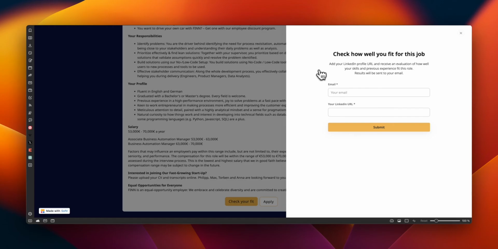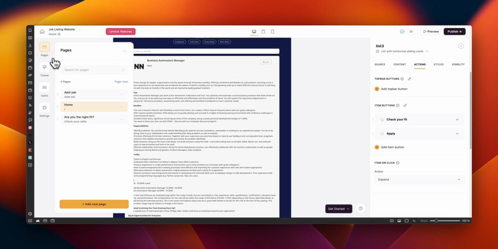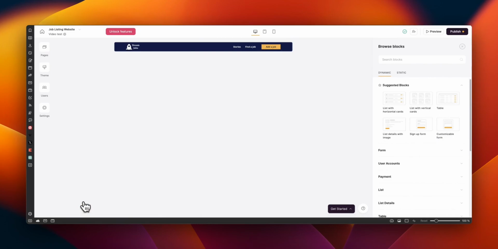As you see, I only have here a form and you can build it again very easily. Let's go and do that. So we go to pages, add new page. This will be video test. Let's call it like that. You will give a better name for that. And then you want to create a